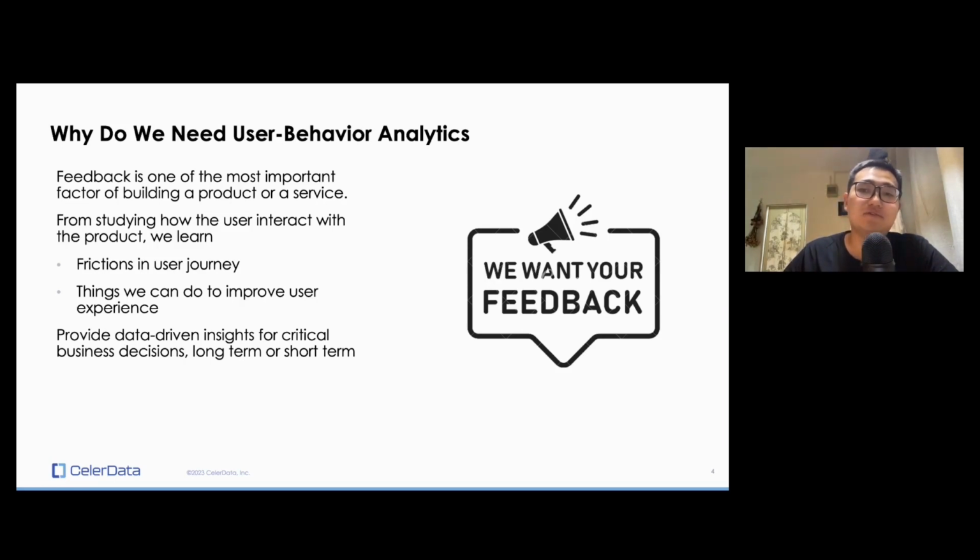By studying how the user interacts with the product or the service, we learn a lot. Is there any friction in the user journey? Does the product being built solve the user's problem? This is very important. And a personal story: I am a product manager for StarRocks core, the database itself, and I really value user feedback. And thank God we're open source. So